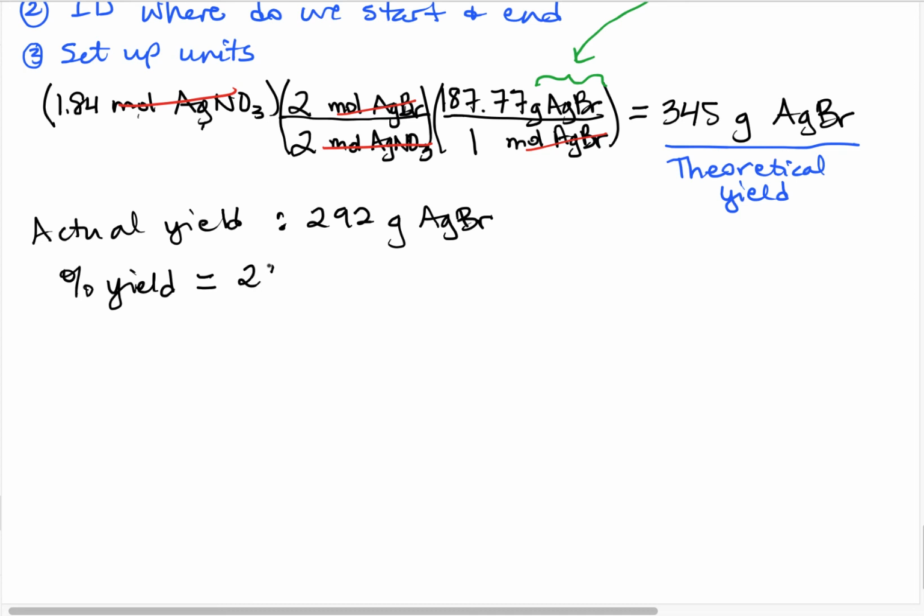All right, it should be 292 divided by 345, both grams, so the grams cancel out, multiplied by 100%, which in this case would give us 84.6%. So this concludes our short video on percent yield, and I'm going to continue in the next one, actually right where we left off,